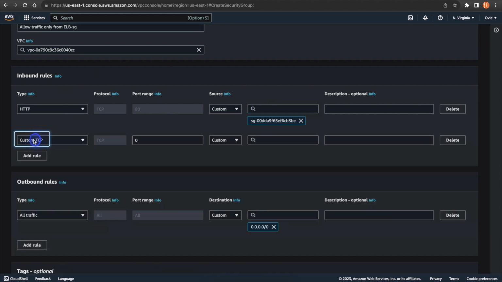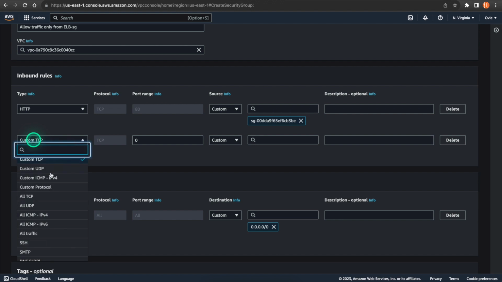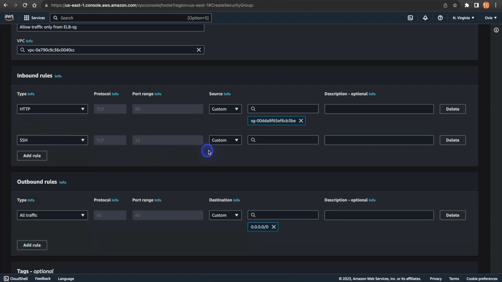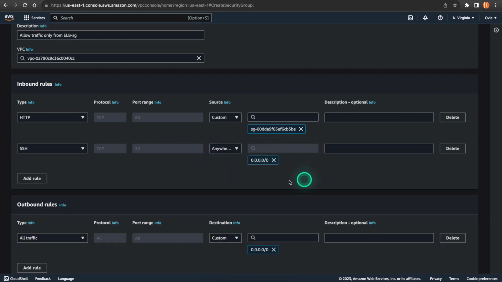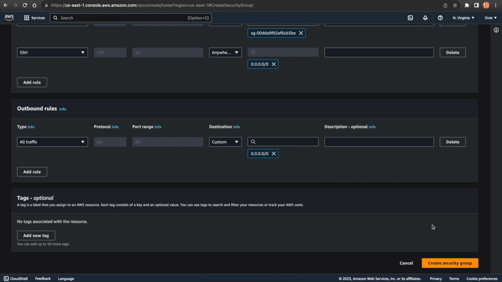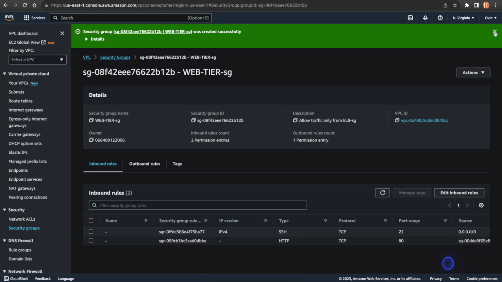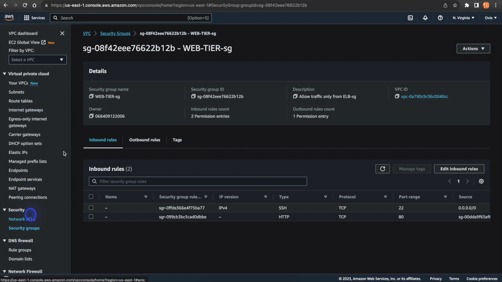We'll add another rule, and this will be an SSH rule so that we can access our servers if there are issues. And this, I'll leave it open. Scroll down, add a tag, come back to our security groups,